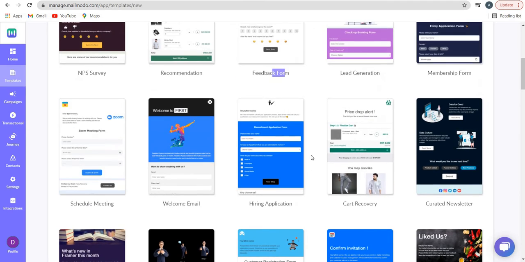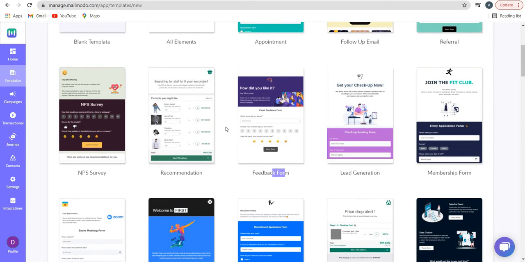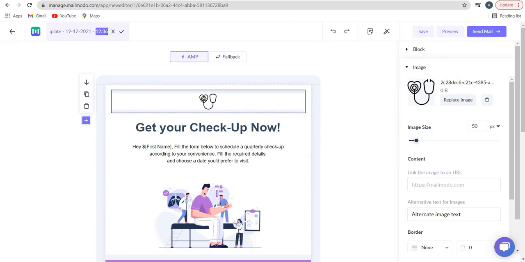So I'll just show you a couple of examples. One example will be using a blank template or canvas, and one selecting any one. Let's take this lead generation. So I'm just going to name it as lead generation over here. Lead generation, and here you will see lead gen,